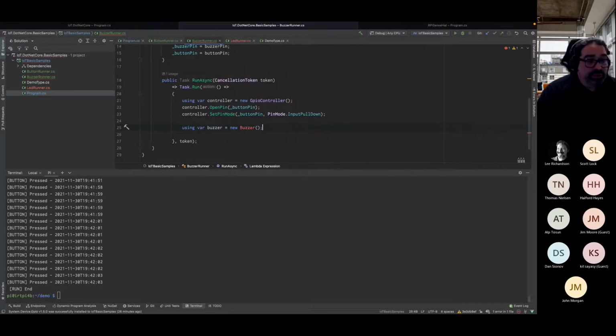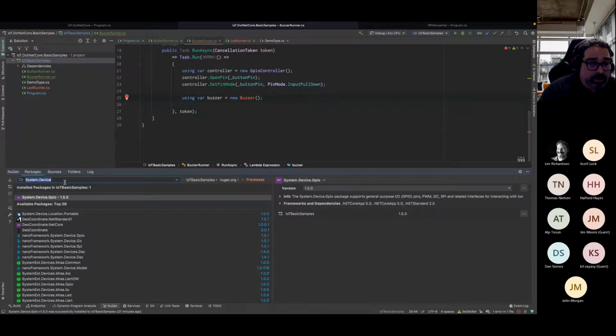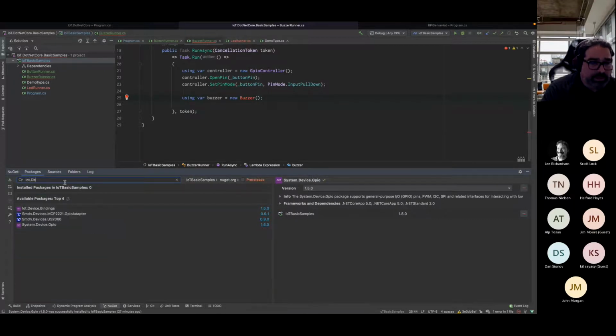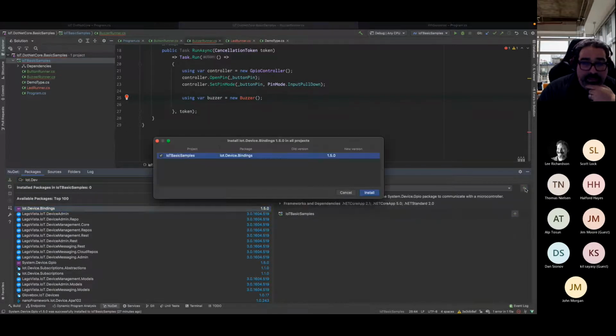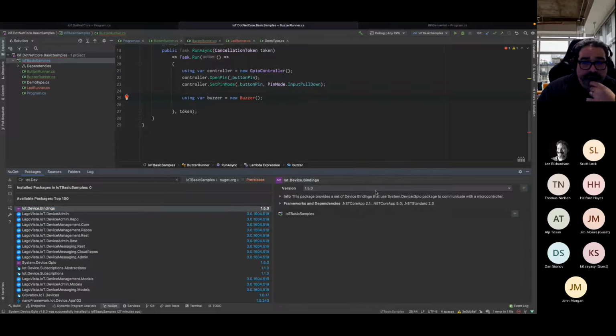And again, I intentionally did not include the NuGet package that actually holds this information. So for this class, I'm going to go ahead and just do manage NuGet packages again. IoT device bindings, current version 1.50, and just add it to my project.